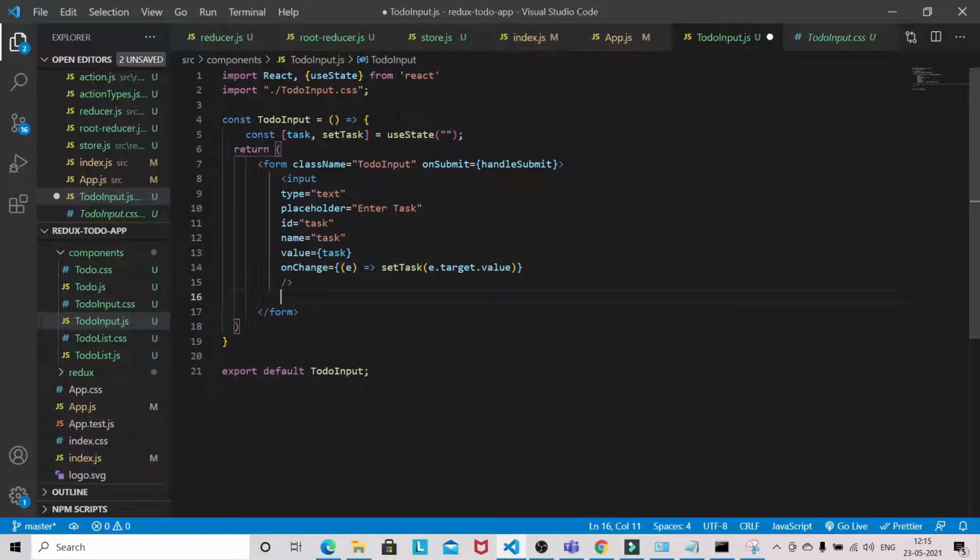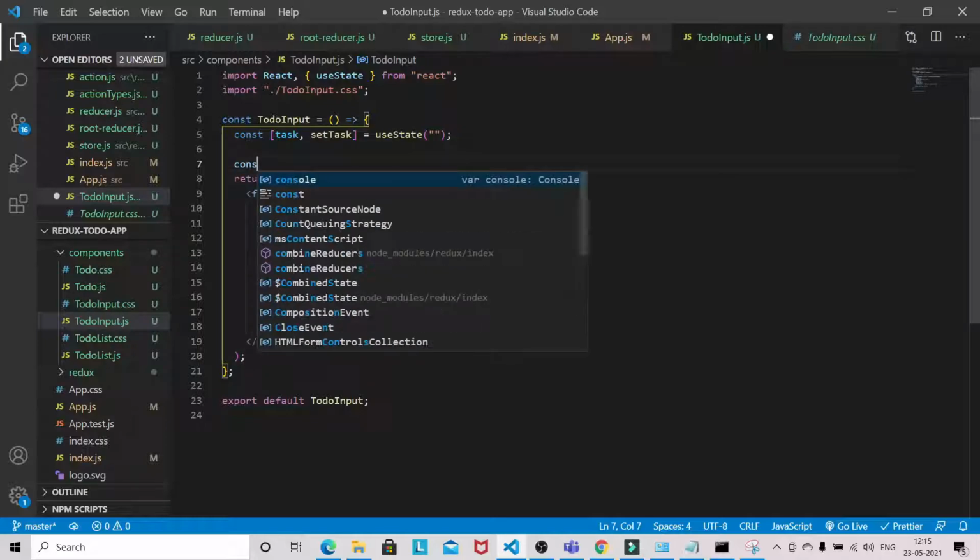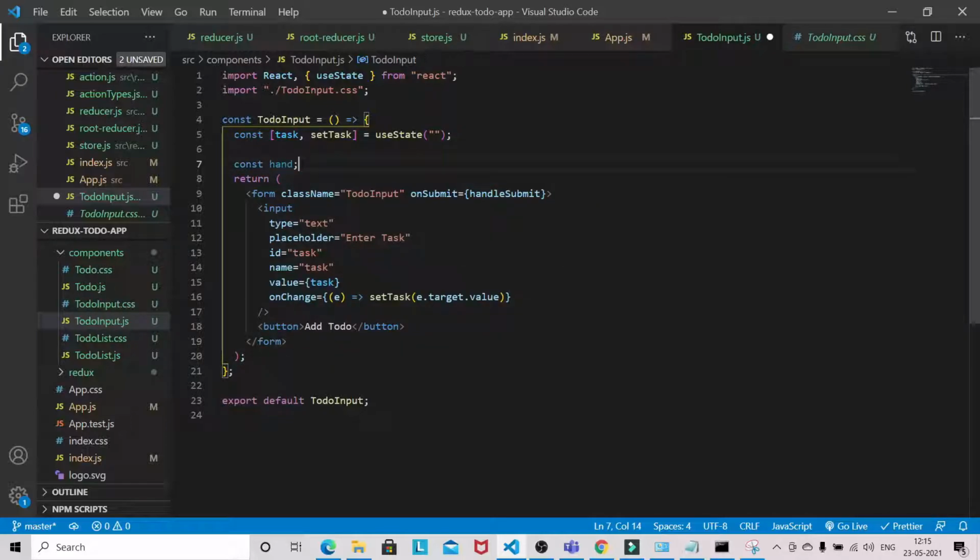Now we will be having one button, add todo. Now let's define this handleSubmit. As of now, just leave it empty.